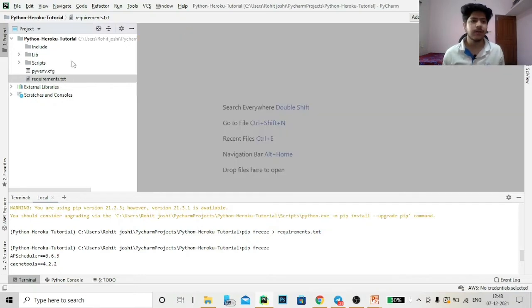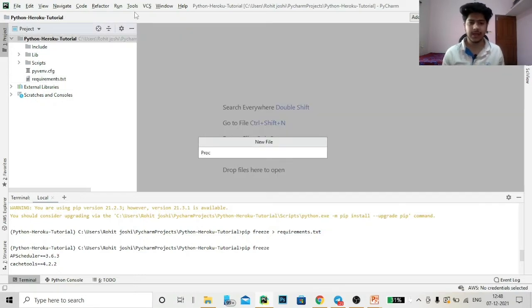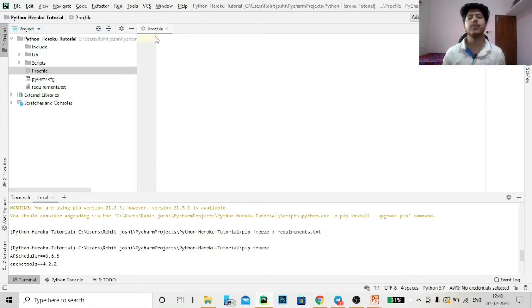So let's create a Procfile. The Procfile does not have any extension. You can simply name it Procfile. What you need to mention here is what type of application you are going to create and what the main application name is. We are going to create a Telegram bot, and we are going to use its webhook version. I will come to what is webhook and what is polling. So let's say this is particularly a web application. So we need to write here web: app.py.